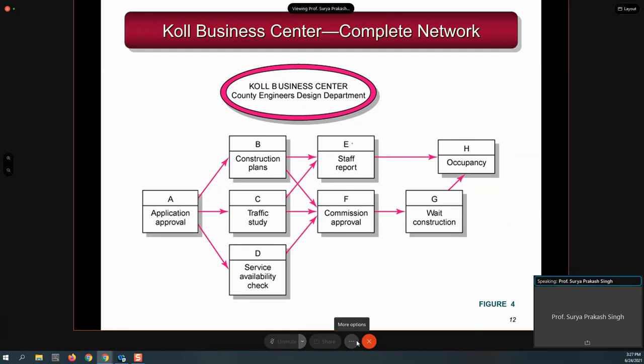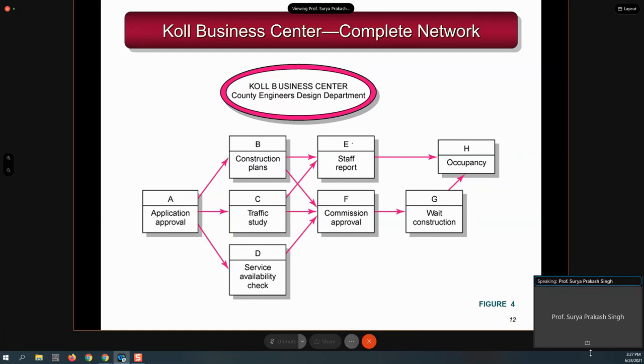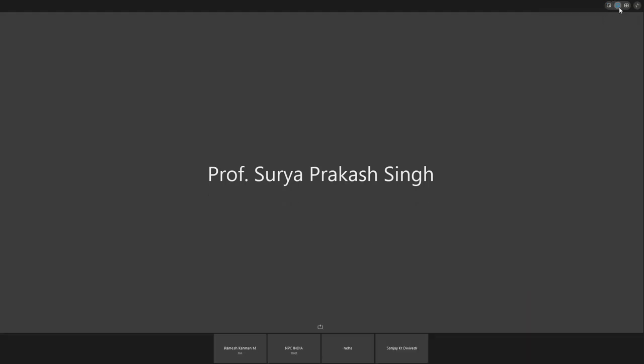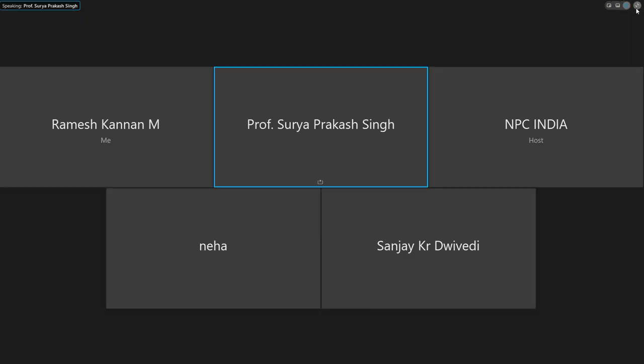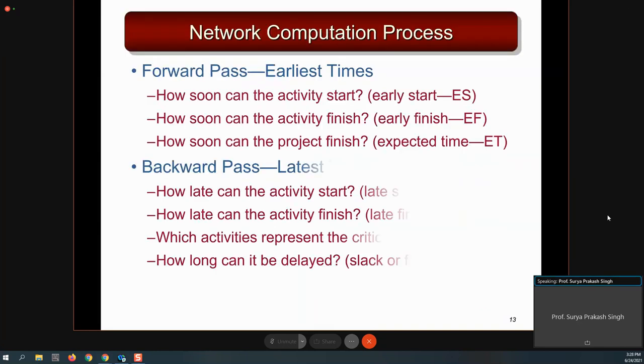Okay. So now one part of the project network diagram is over, which means you have drawn the project network diagram. But what is the relevance of this? Unless you know the time, meaning the schedule, when you can start B, when you can start E, which are the critical activities and which is the critical path, there is not much relevance to the project manager. So to use that, we need to calculate the time, and the time is calculated using two approaches. One is known as forward pass and the other as backward pass.